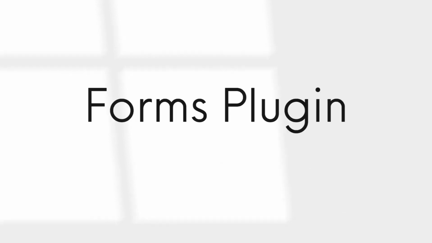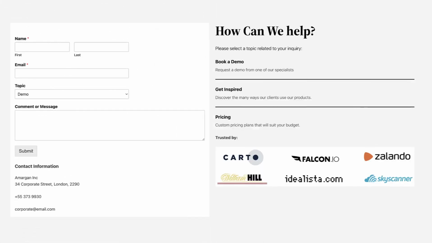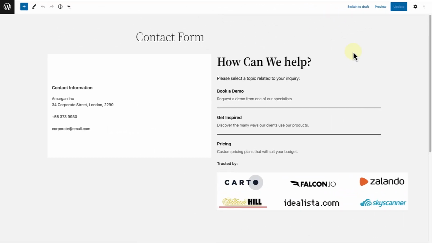All you will need is a Forms plugin. In this session, we are going to explore how to add a general contact page, a registration form, and also a subscription button using different plugins. Let's start with the contact page, and I'll show you how I created this contact page using the WP Forms plugin. I've created this page using a columns block and then adding a cover block with a white background on the left. So let's make our way to plugins